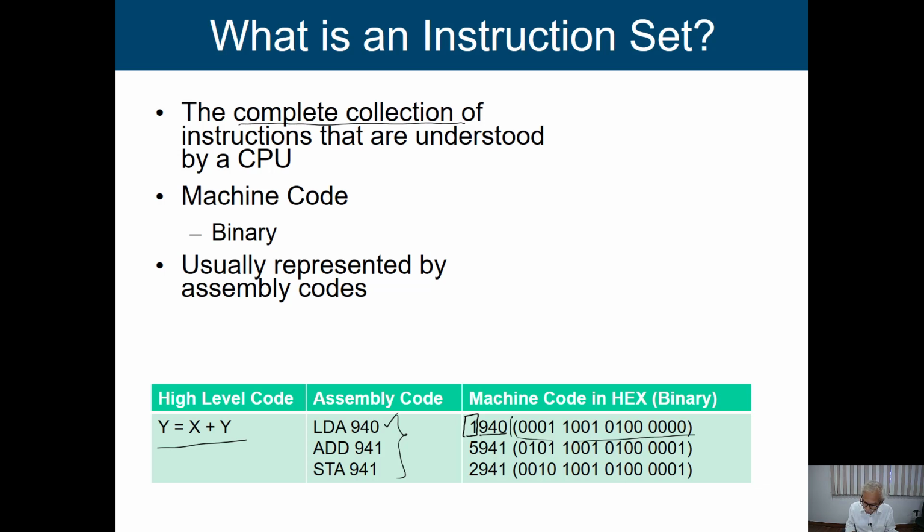So we can have the binary equivalent for that. Finally, in our machine we are going to have this type of signals: 0 means low voltage, 1 means high voltage, represented with this bit pattern. This is the first instruction, second instruction and third instruction. This is the machine code or machine level program, this is the assembly level program, and this is the high level program that you write in a high level language such as C and others.